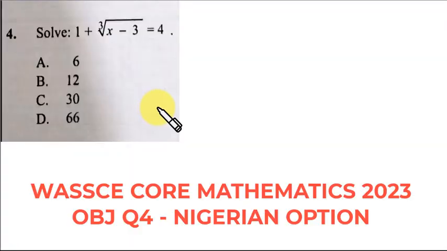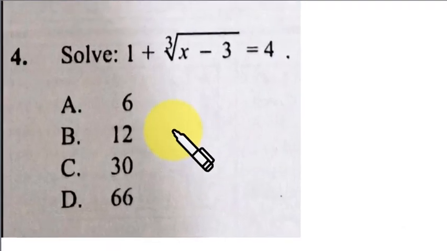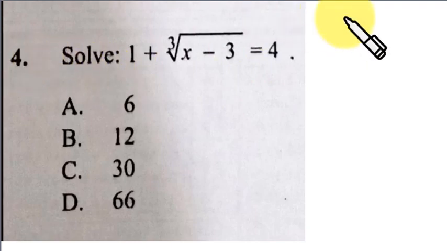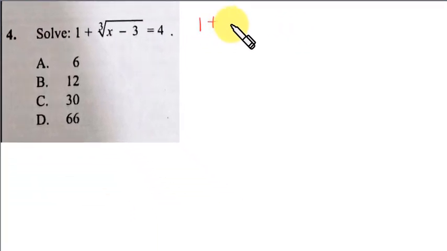This is the WASSCE 2023 Core or General Mathematics, the objective question number 4. That is the Nigerian paper 2023, and it says, solve 1 plus the cubic root of x minus 3 equals 4. Now, that is how we solve this question. It's an equation. Let me put it here: 1 plus the cubic root of x minus 3